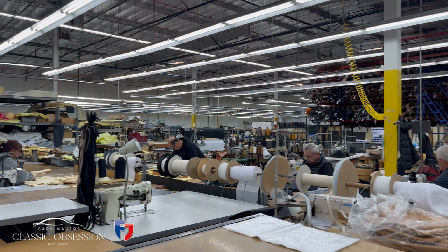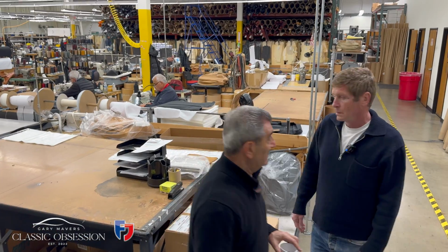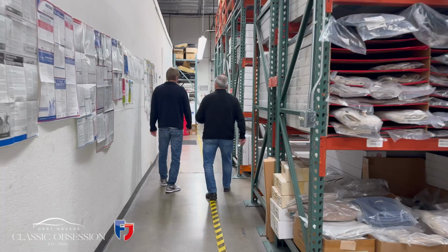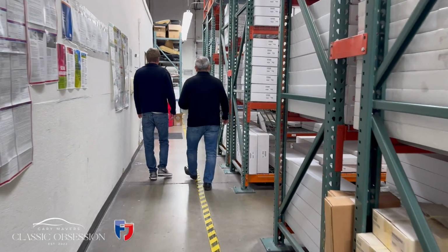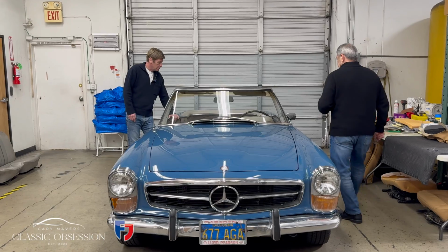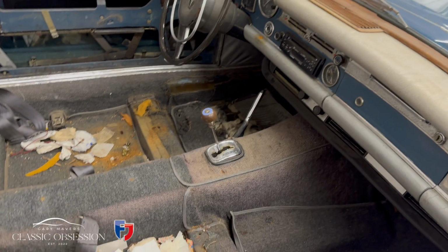And this is basically the packing area and shipping. This is where the products go. That's about it. Well, that was a pretty comprehensive tour, John. It's almost 30,000 square feet here. So this is in for a full interior, is it, John? This is going to be full interior, yes. We're going to do